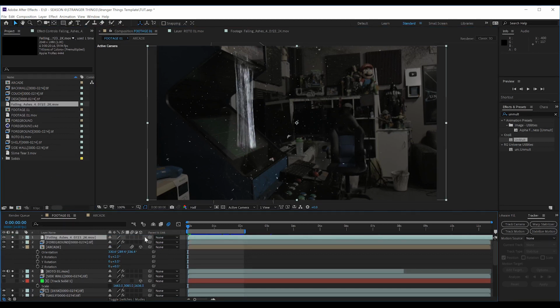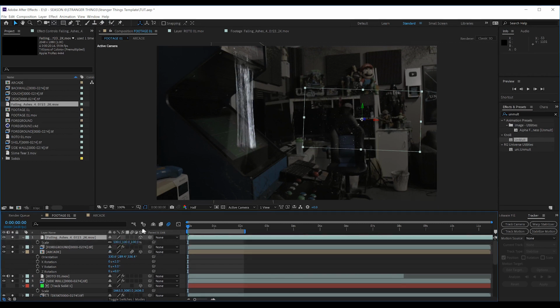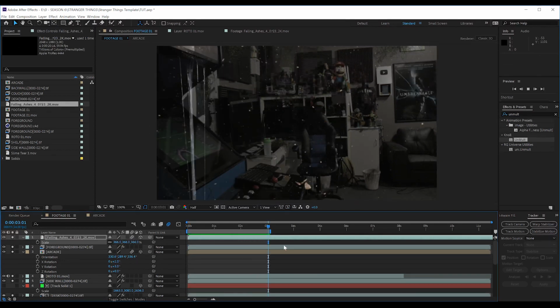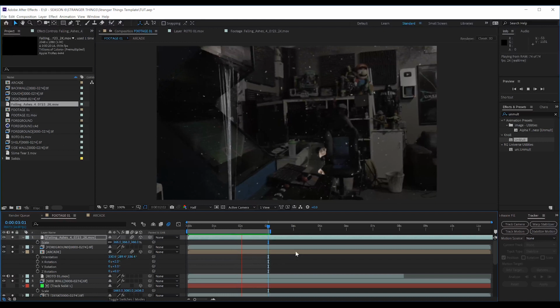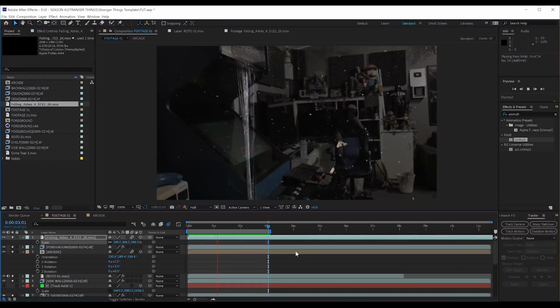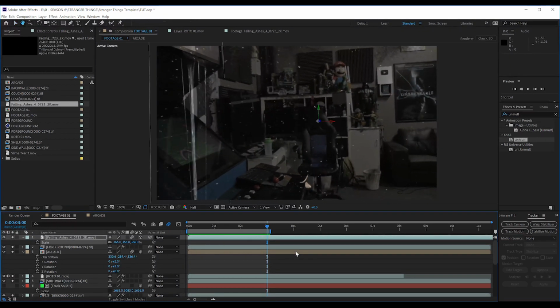I'm going to grab that and drop it into my comp, and of course, make it 3D. Now you can see right away that it makes it smaller in the shot, so I'm just going to scale this up, and just like with our slime, I'll turn on motion blur. Right away that looks awesome. Turning on motion blur and having it in 3D space makes it look like it's reacting to the camera movement,